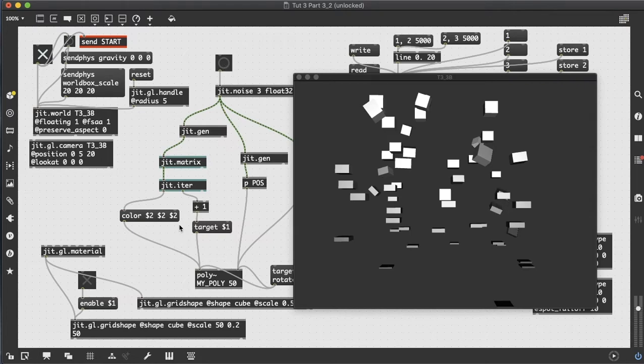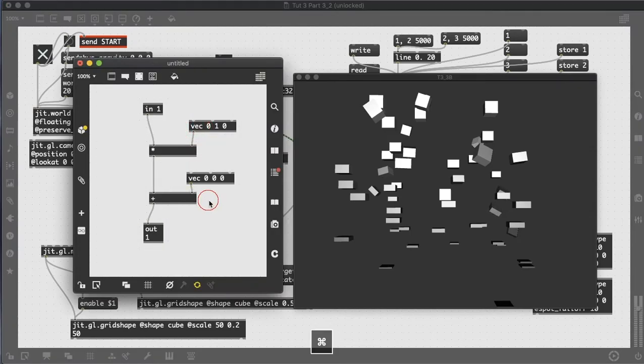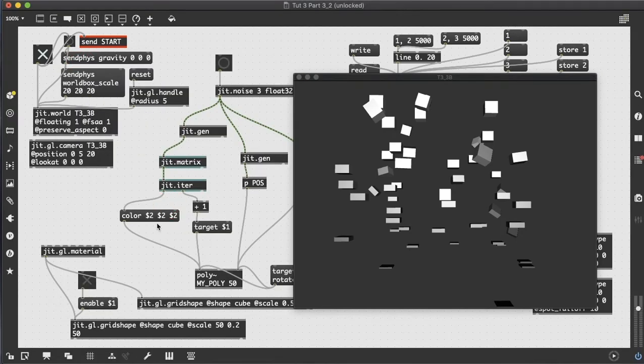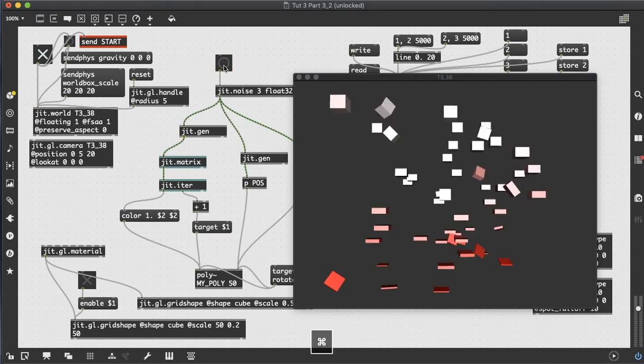We can also, instead of adding fixed values in our jit.gen, scale in the jit.gen and then do any fixed values right in the message. So we can say, all right, we always want red to be 1, a fixed value of 1, but we're going to have our y position determine green and blue. And there we go: from red on the bottom, because y is 0, so we get no green and no blue, but we always get 1 of red. Red fading up to white at the top. So you see there's a tremendous amount of versatility here, even though we haven't looked at all of the features